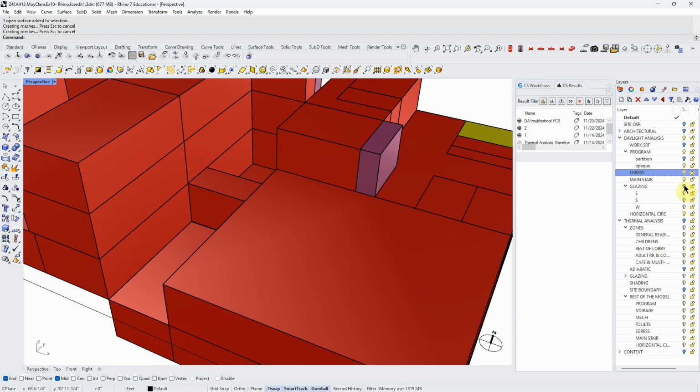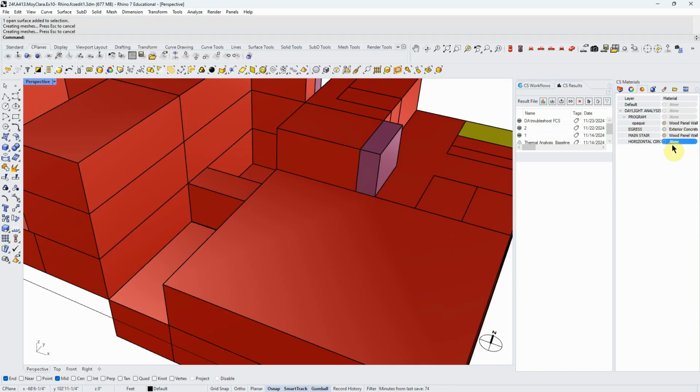I'm not sure if you did that or not. Let me do that quickly here just so we know what we're talking about. We want to have our egress and our horizontal circulation. They also have to have materials because if they're